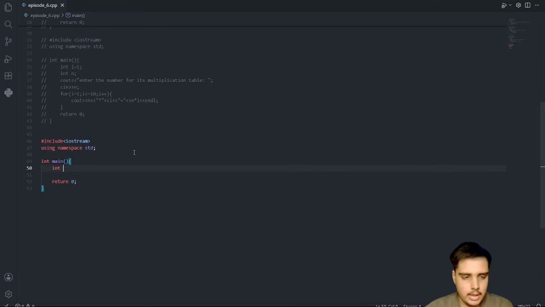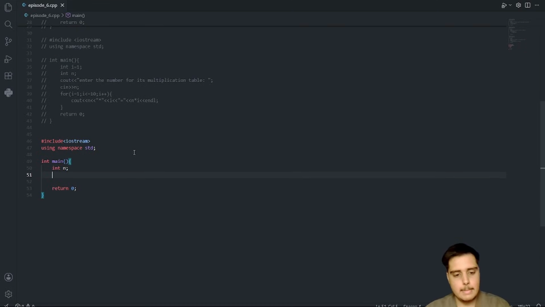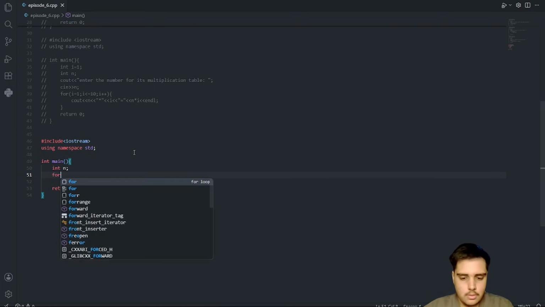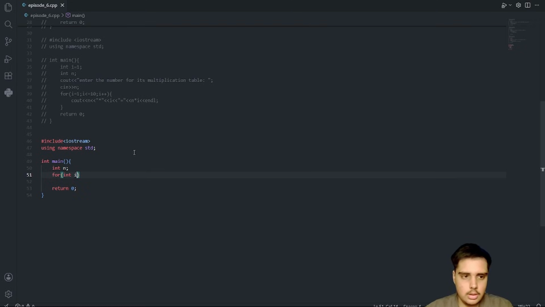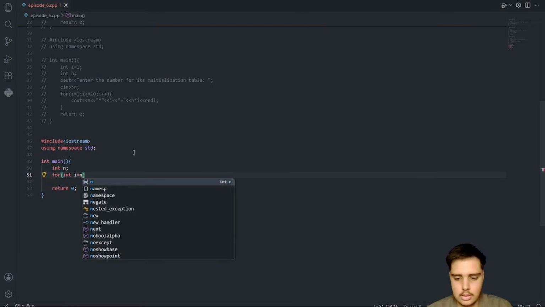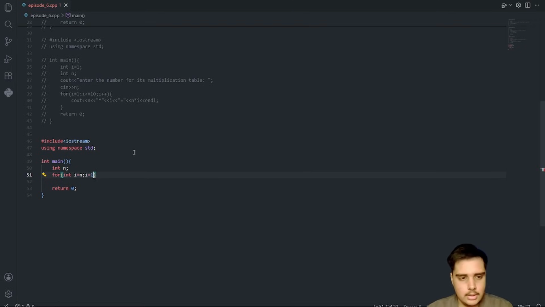So here I take int n and I say for int i is equal to n, i is equal to 1, i minus, and I will say cout i, and after that end of line.